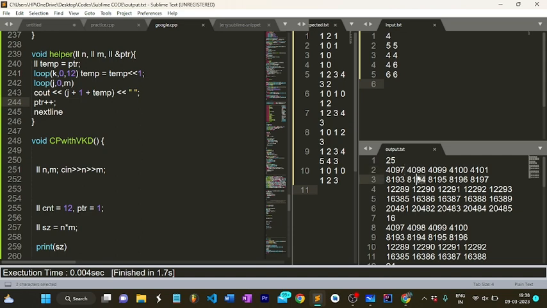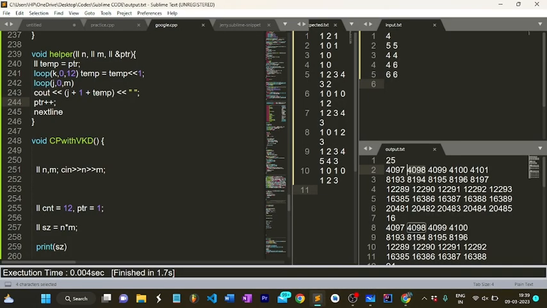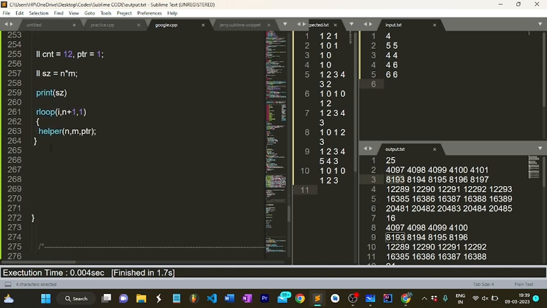And try to focus on these four numbers: 4097, 4098, 8193 and 8194, because this is the 2 cross 2 matrix whose XOR we want to make 0. So this is the number in which the 12th bit is set and the first bit is set. Similarly, in this number our 12th bit is set and the second bit is set. Okay, because we are adding +1 here, so the second bit is set here. Fine. So this way our matrix goes like this, and let me explain what is happening here by the code.